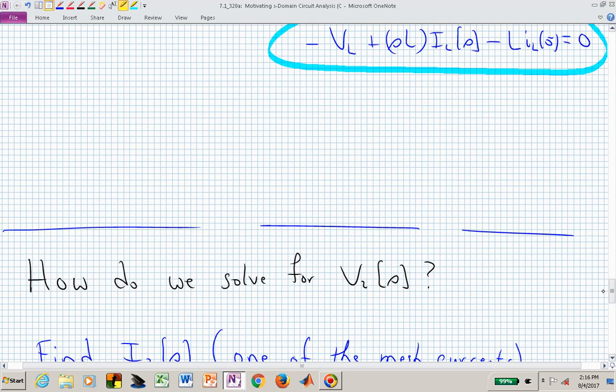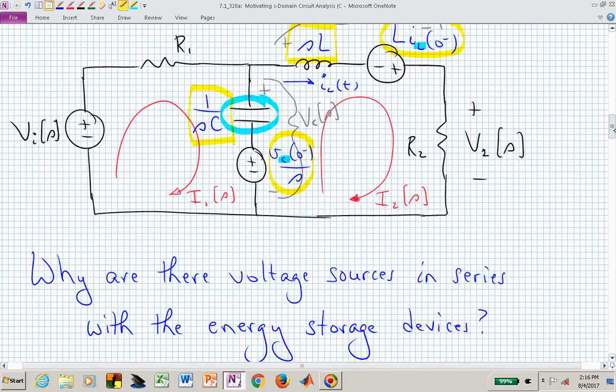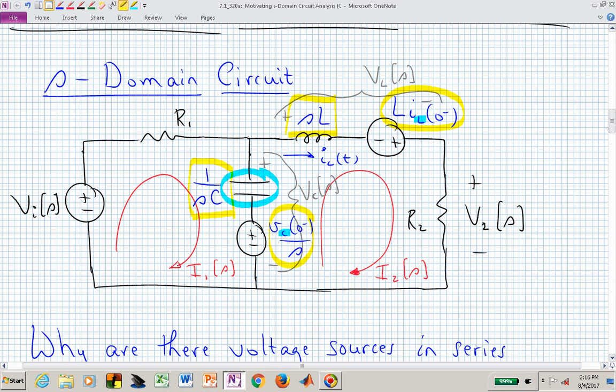How do we solve then for V sub 2 of S in this particular circuit? And now I've already indicated an I sub 1 of S as a mesh current in the left mesh, an I sub 2 of S as a mesh current in the right mesh. And maybe you can see it's very faint, but my gray